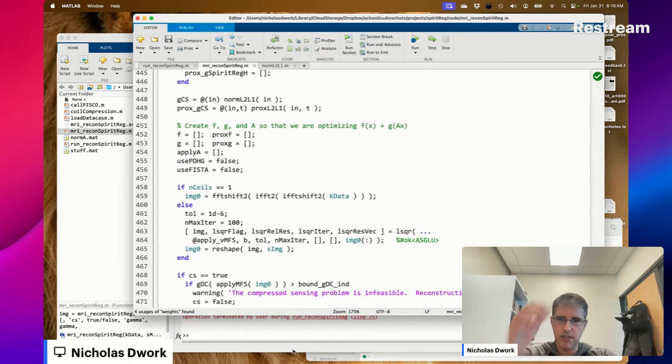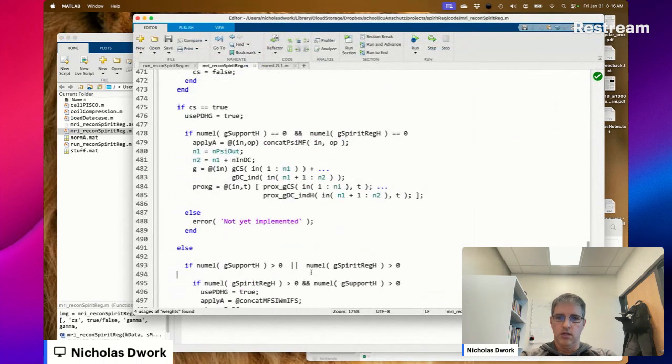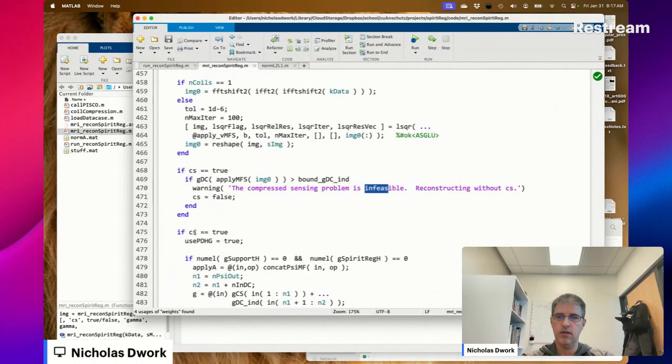Compressed sensing problems infeasible. Why?